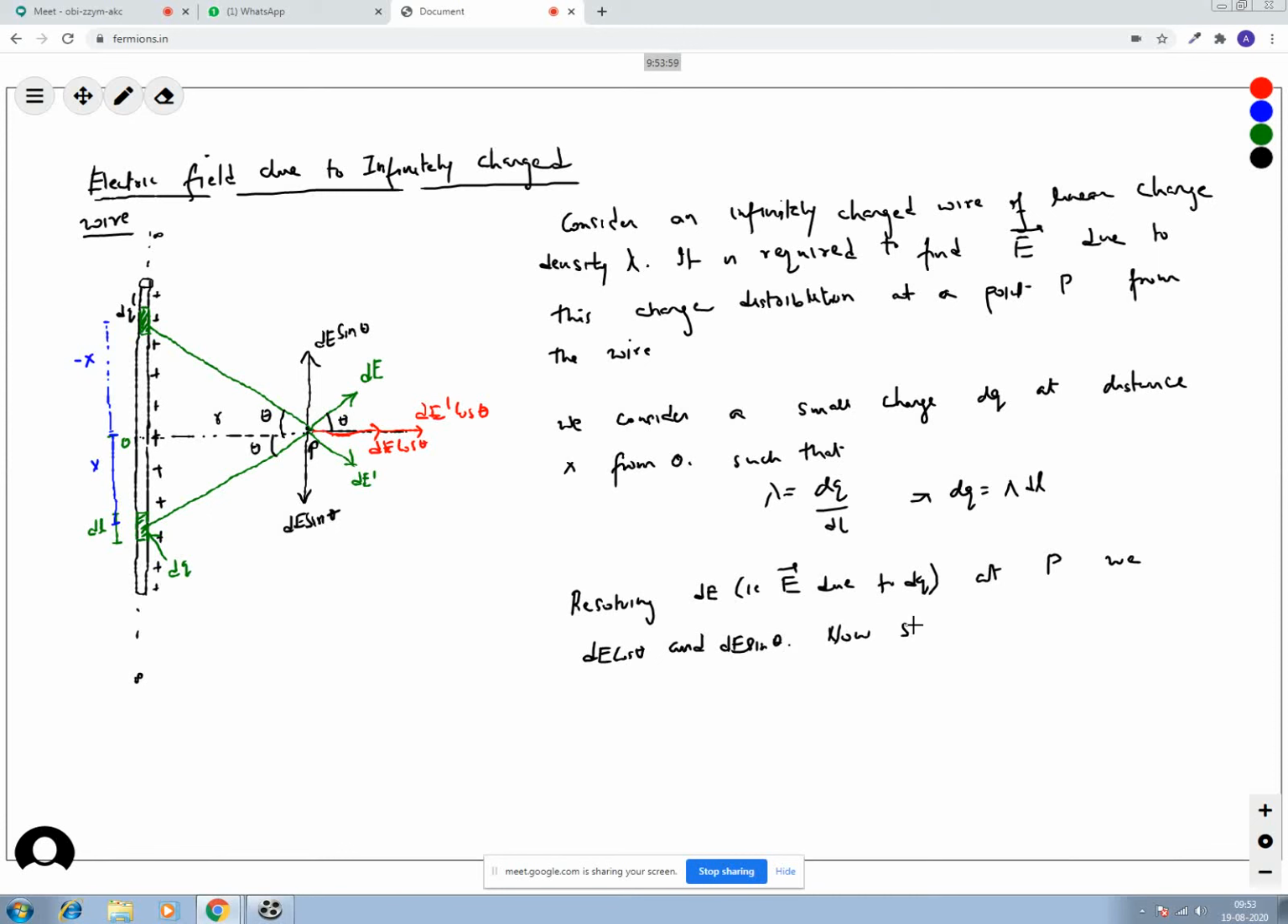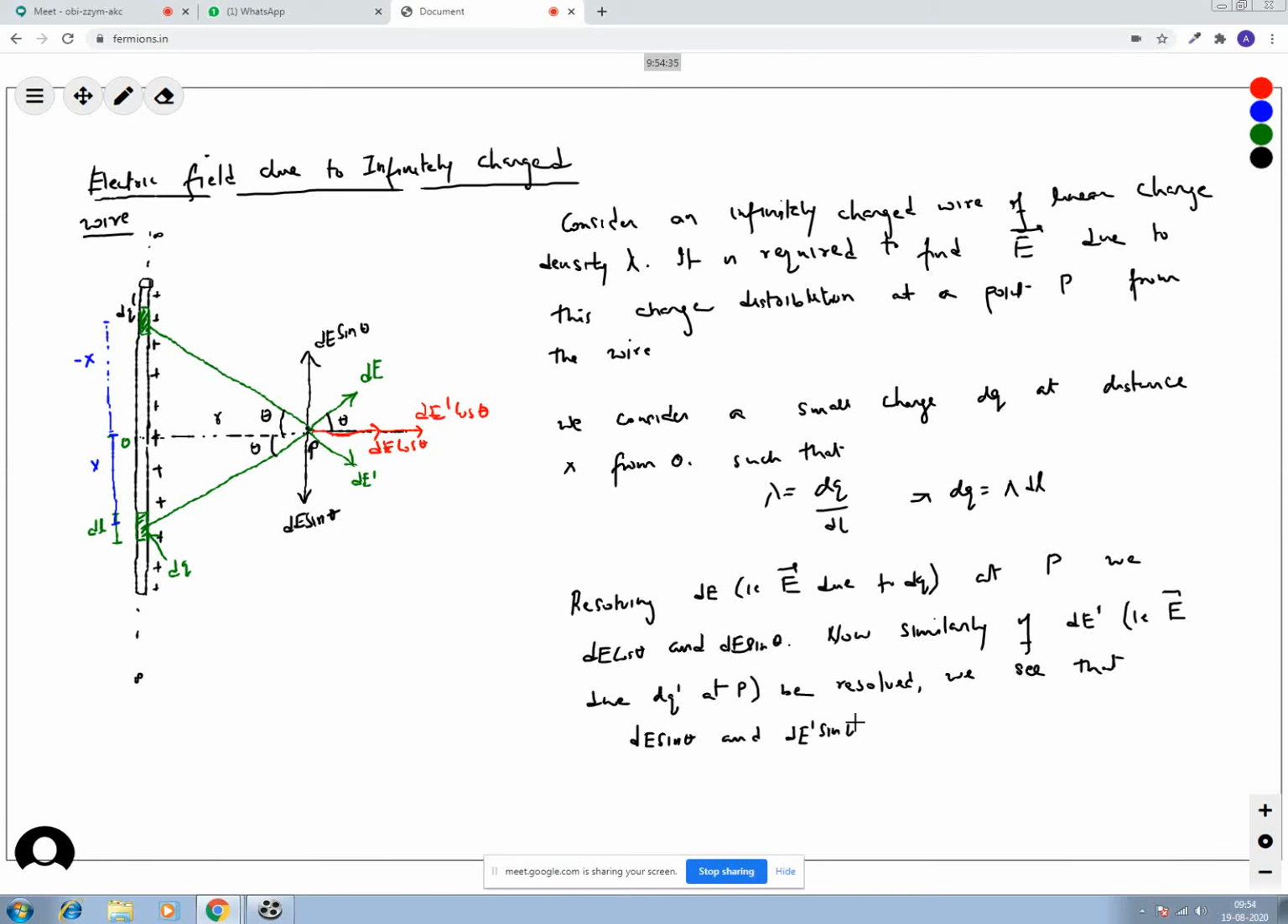Now similarly, if dE prime is the electric field due to dq prime at P, now similarly dE prime can be resolved. We see or observe that dE sin theta and